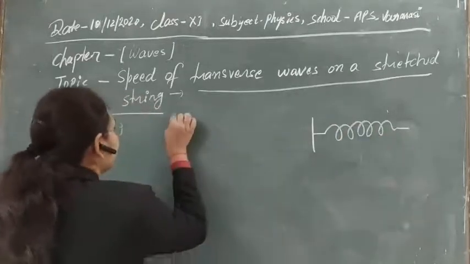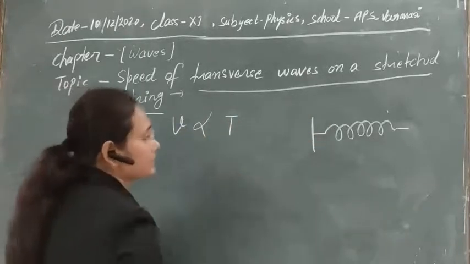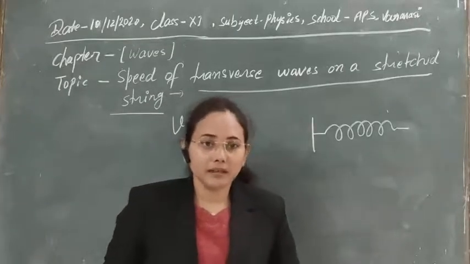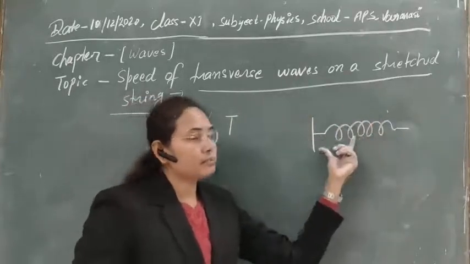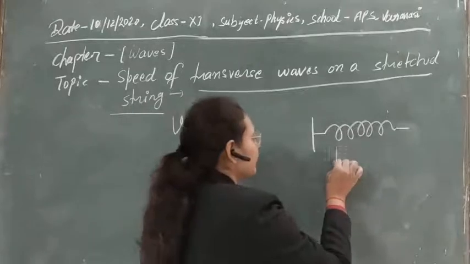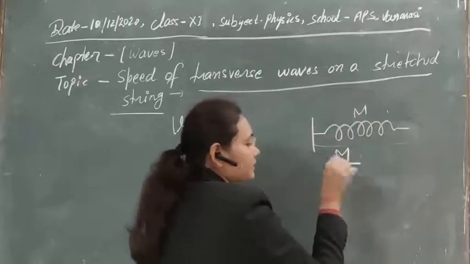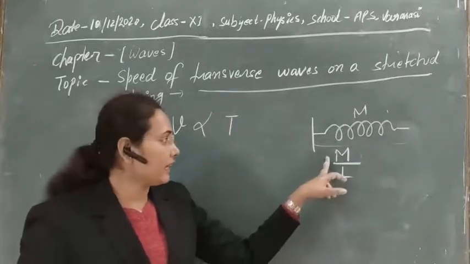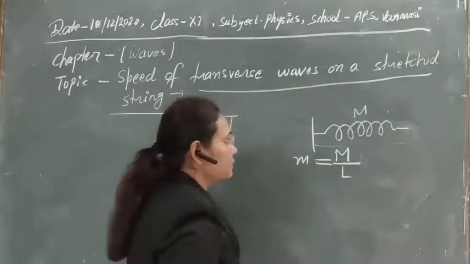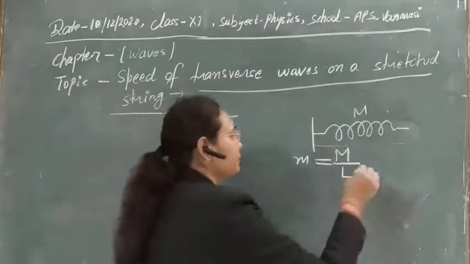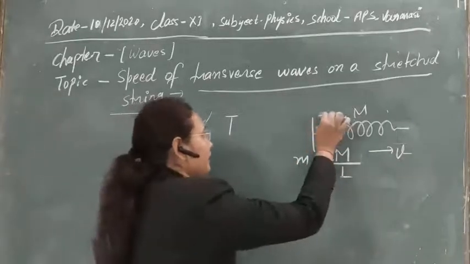So in this way you can see that the velocity depends on the first factor, tension. And the second factor on which it depends is the linear mass density of the string. If this is the spring, linear mass density means mass per unit length. Suppose the mass of a string is capital M and the length of the string is capital L. So mass per unit length will be M by L, and we are denoting it by small m here. The waves produced in this string we denote by small p, and the tension of the string is capital T.